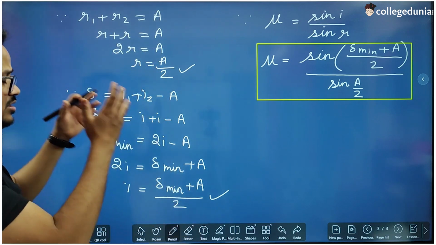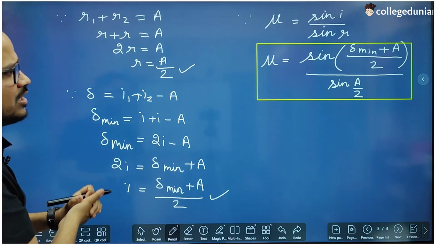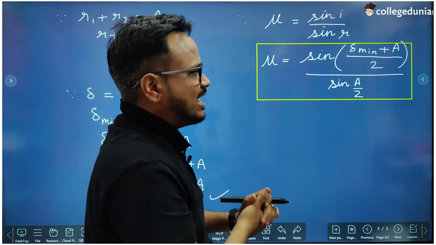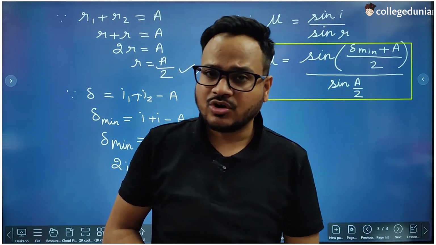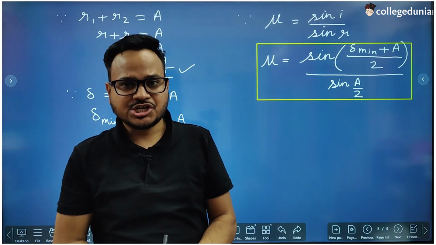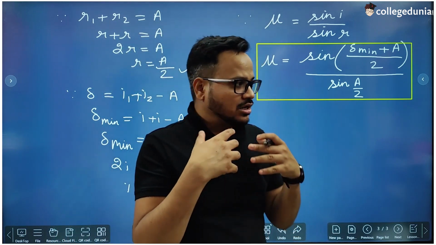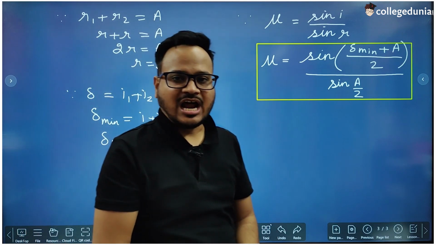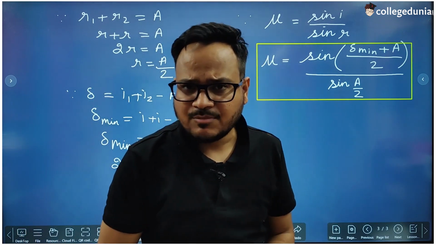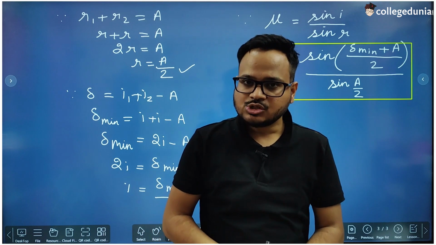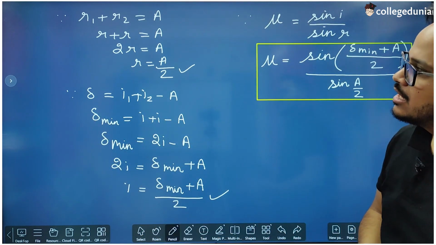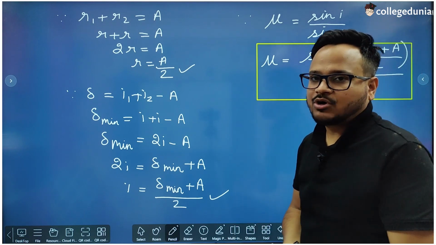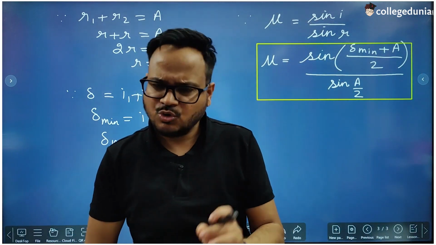It is one of the most important topics in ray optics. There are other things in this topic like the graph of delta and I, but this particular video is just for the prism formula and its derivation, and we'll make a separate video to explain the graph. But when the derivation comes in the exam, you are not supposed to make the graph. So we have explained the derivation and each and every step of it. So prepare it very carefully.